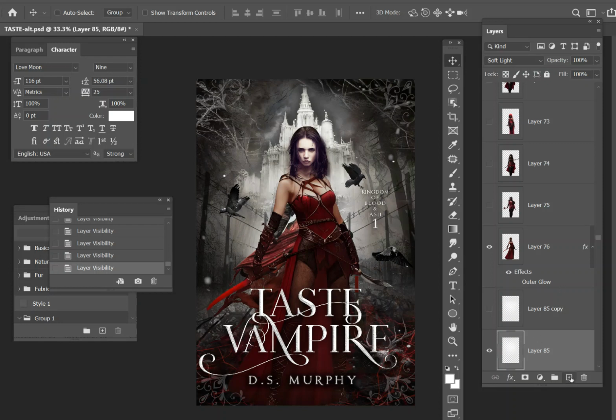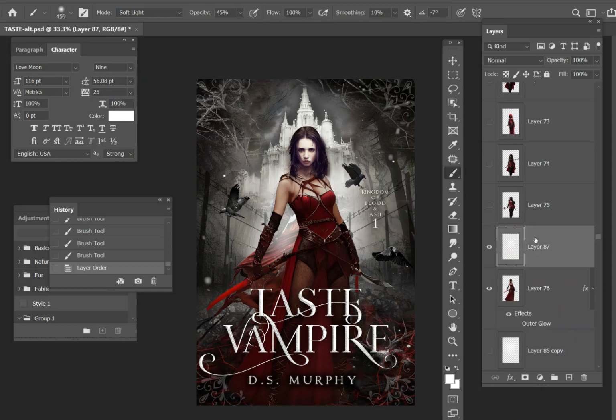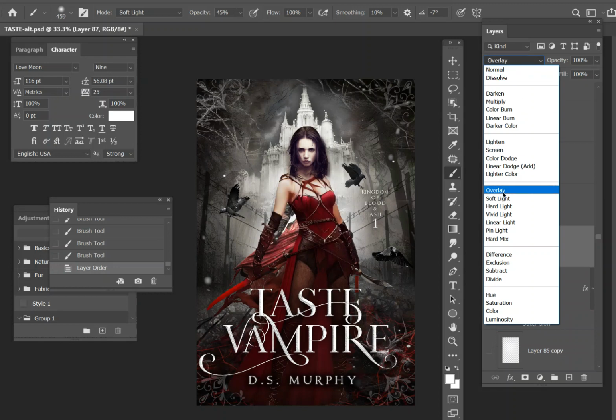Also, I'm going to put some more in front. And that's where it gets a little bit more tricky. Right now, you can see the other character back there behind her is filling in some of that space. So that's a problem, but it wouldn't be if I didn't have multiple layers. So this time I'm going to go in a little bit softer with a smaller brush and try to get the contours just a little bit, like assuming some light is coming from the sides. It's difficult to figure out where they should be and make it look natural. So now if this is on top and I blend it,